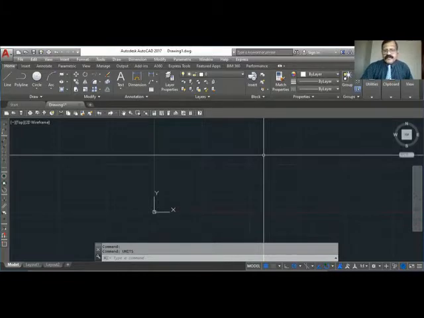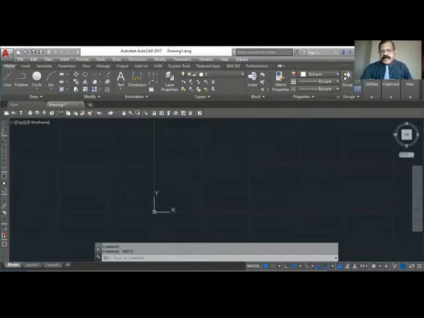Then limits. If you see the drawing, you can see that my width is about 7 to 7.5 meters, and height is about 9 to 10 meters.